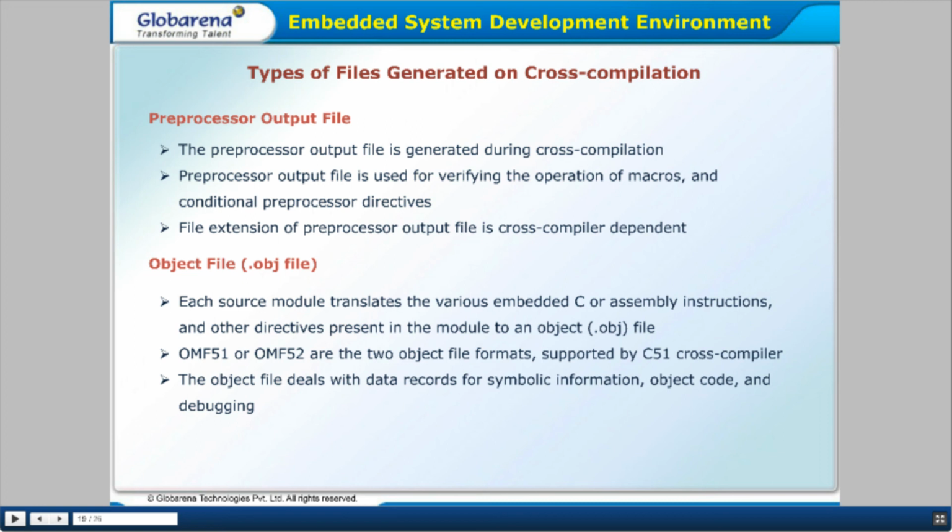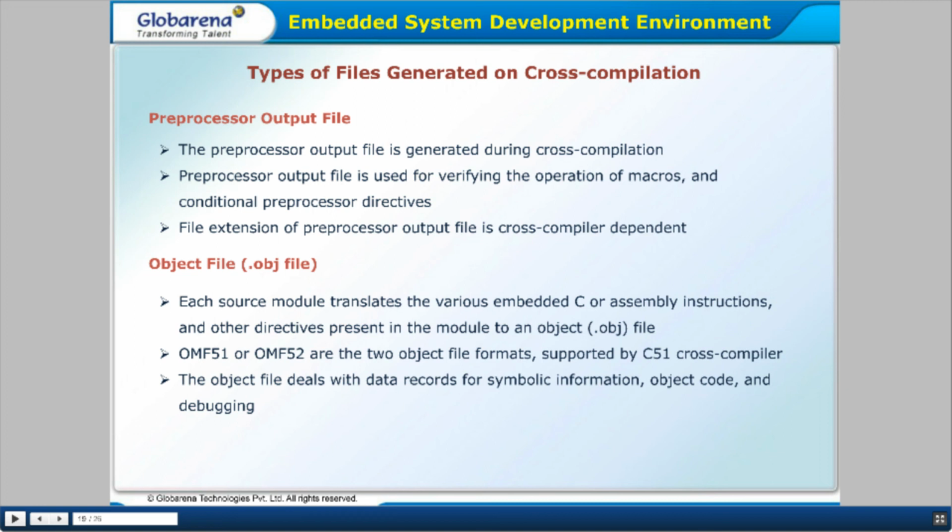OMF51 or OMF52 are the two object file formats supported by the C51 cross compiler. The object file deals with the data records for symbolic information, object code and debugging.